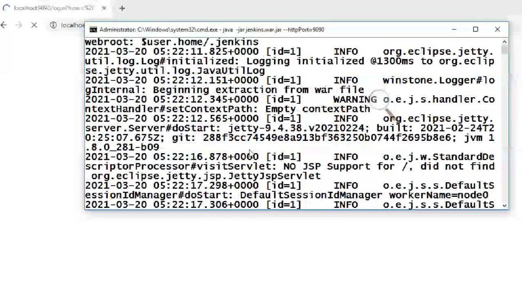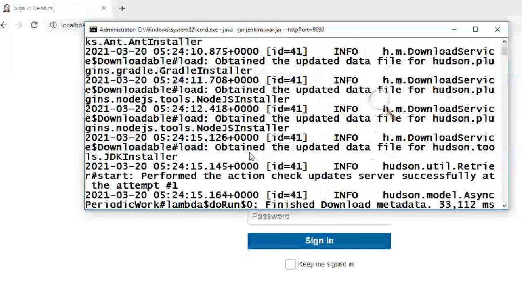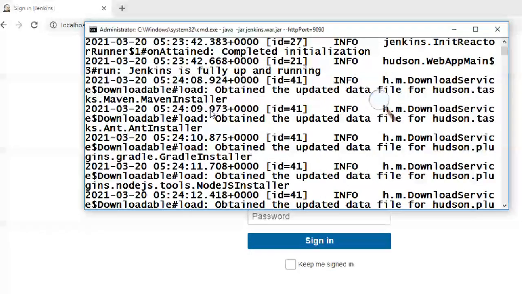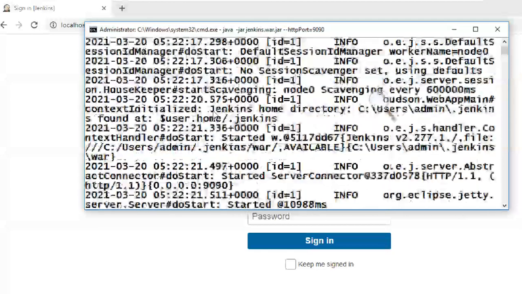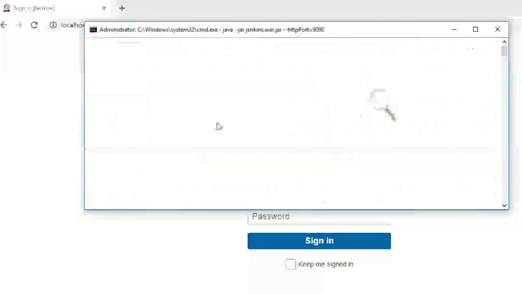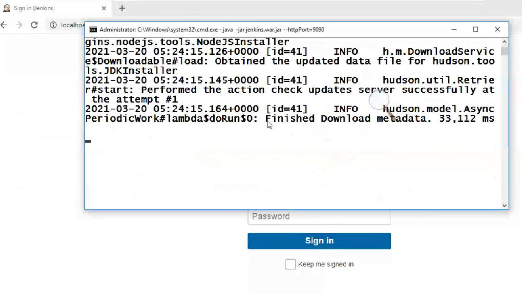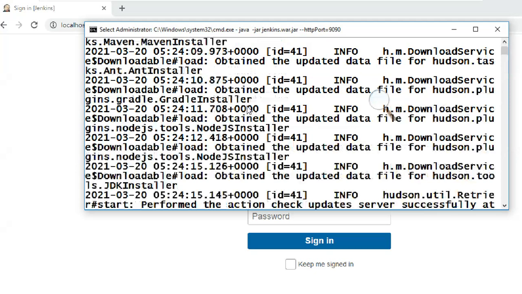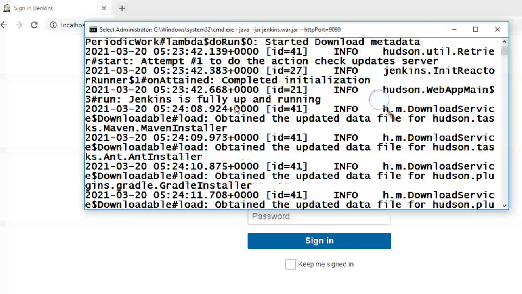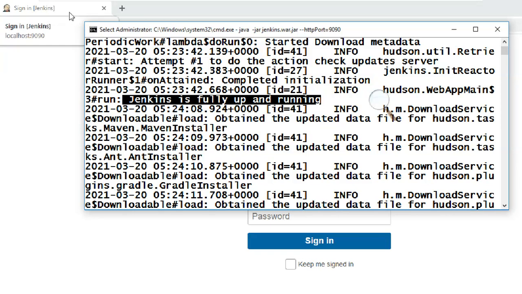It is loading all the things, and all the plugins are also loaded. It has finished downloading metadata, and the periodic check is done. Yes, here it is: Jenkins is fully up and running. It means once you get this, only then can you open it with the browser.